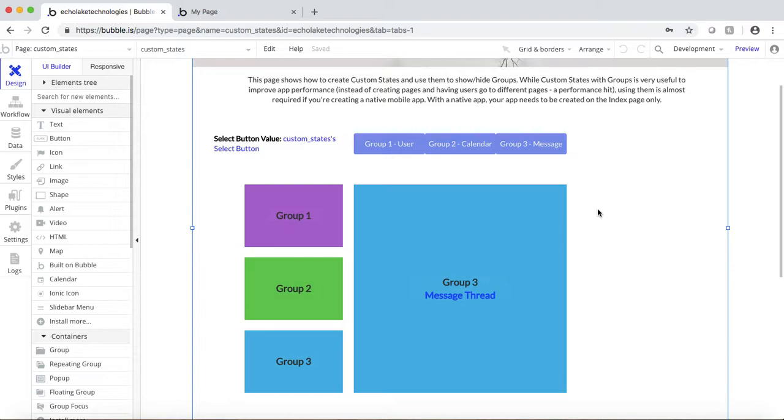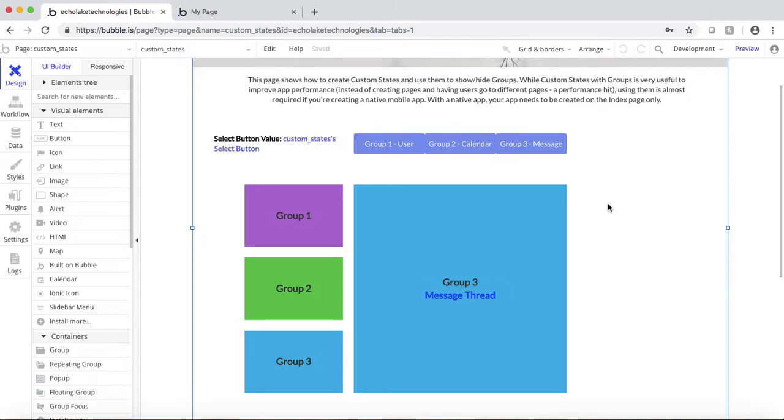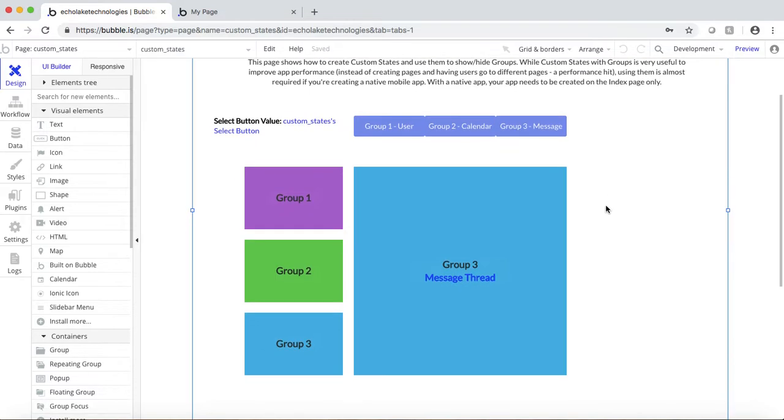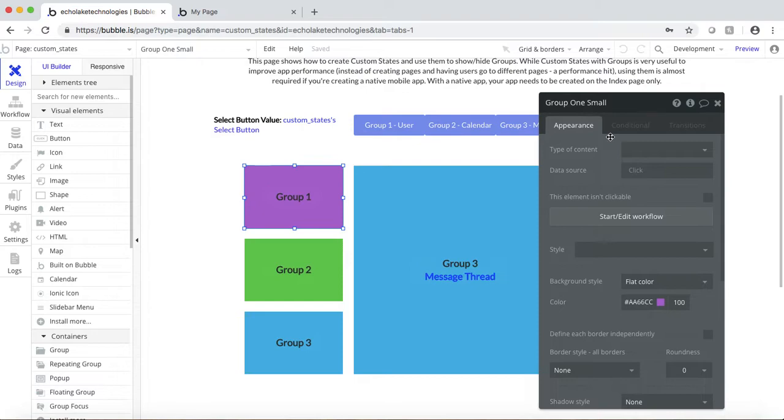So instead of creating multiple pages, such as I have here, you basically can create groups on one page and then hide those or show those as needed. And I'll walk through that in this video. So first, what I've done on here is I've just created a couple different groups. I've got group 1, group 2, group 3, and basically I have these showing here, but I also have,